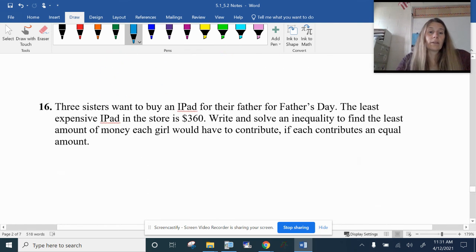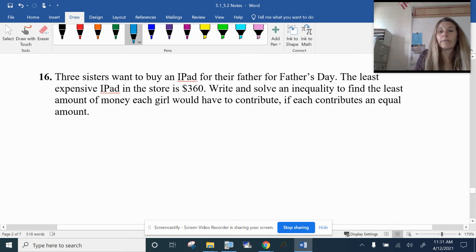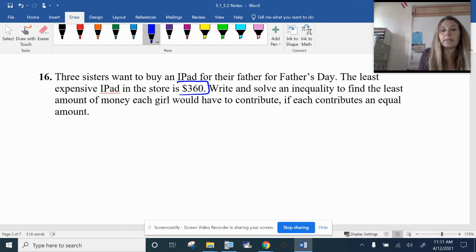Okay, and then finally, 3 sisters want to buy an iPad for their father for Father's Day. The least expensive iPad is $360. Write and solve an inequality to find the least amount of money each girl would have to contribute. So we have 3 sisters, and they're each going to spend